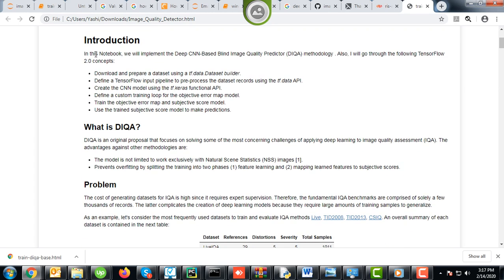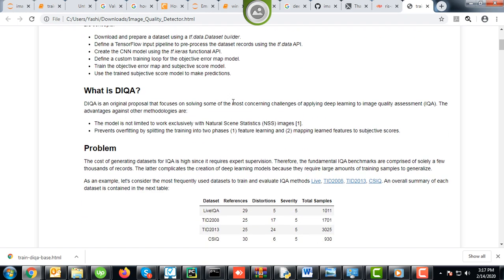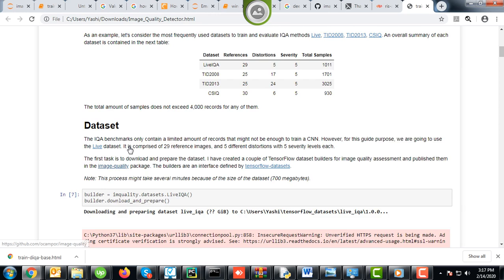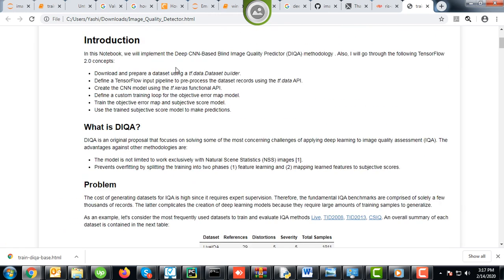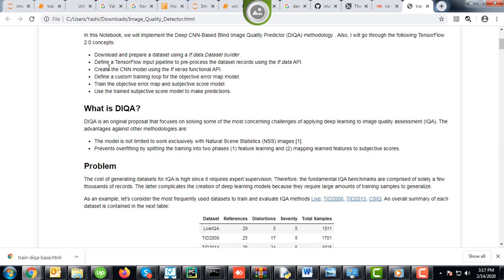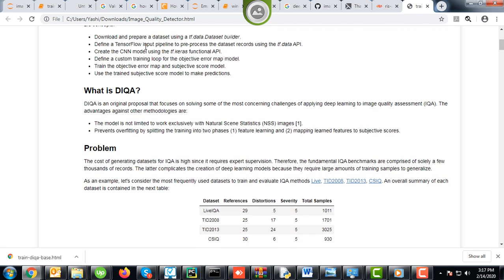Okay, so this is a few words for the introduction which I have written over here to make it more understandable. You can see in this notebook, we are basically implementing a deep CNN image quality predictor, and I'm using some TensorFlow 2.0 concepts over here.